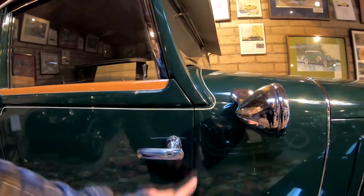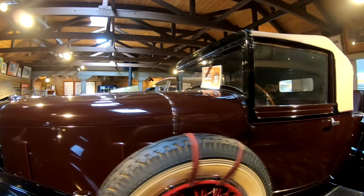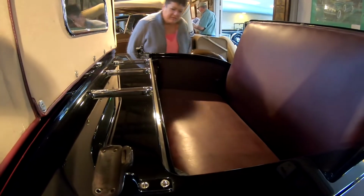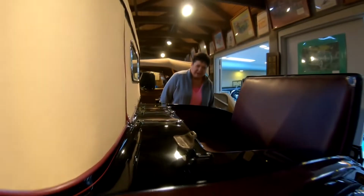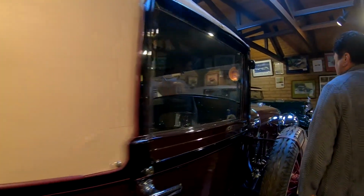Look at the fit and the finish of this. This is for your golf clubs back here. There's a little side door over here where, if this was down, you can pull your clubs out and have access to what's in there. Yeah, there's a door over there. Love the color. It's amazing how